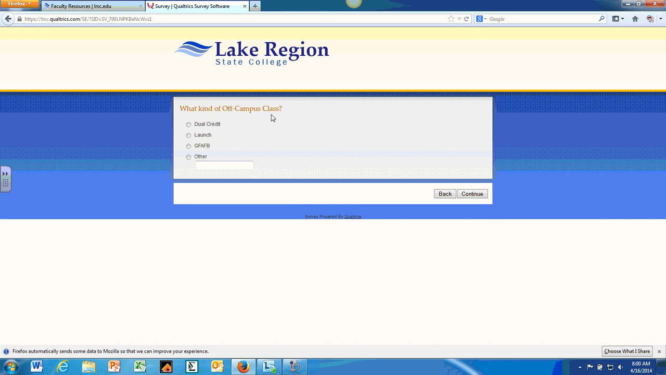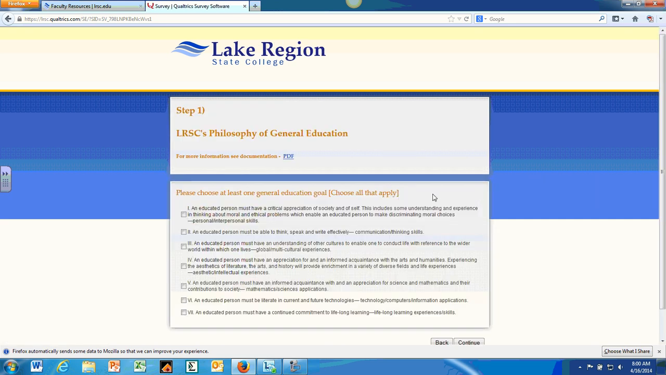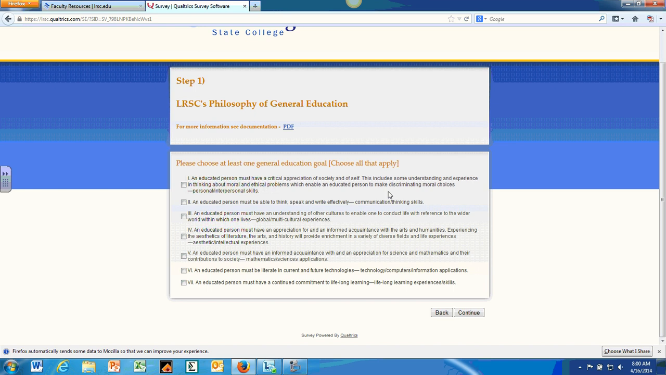Here's where, since we're off campus, you can have dual credit, if you're from Launch, Grand Forks Air Force Base, and of course other. You can select any one of those and then go from there. Let's just say I'm dual credit at this point. Here's the philosophy. Here's one that we're going to look at. This is from the course catalog and how